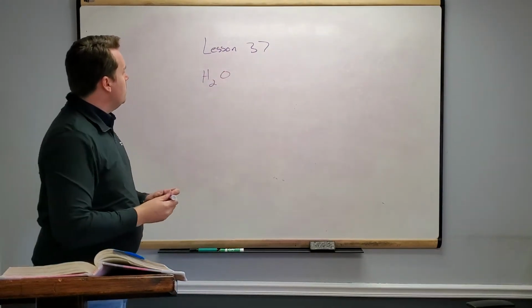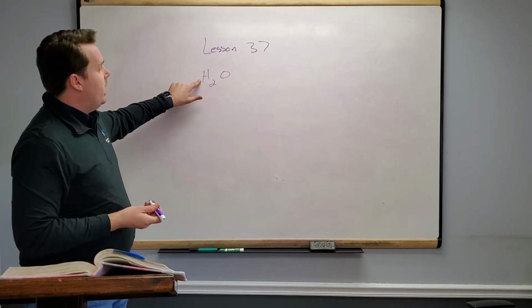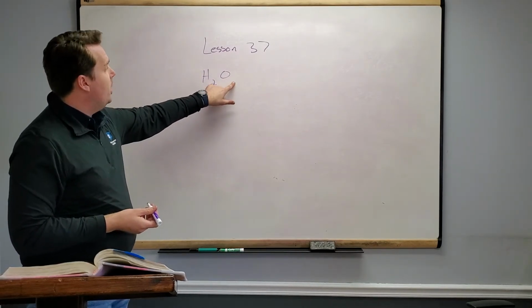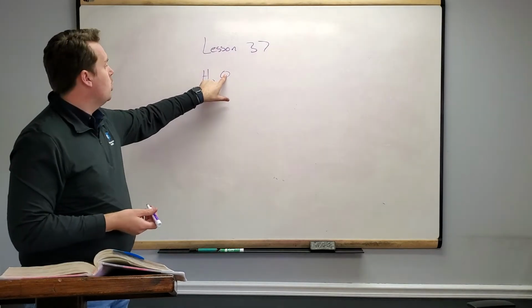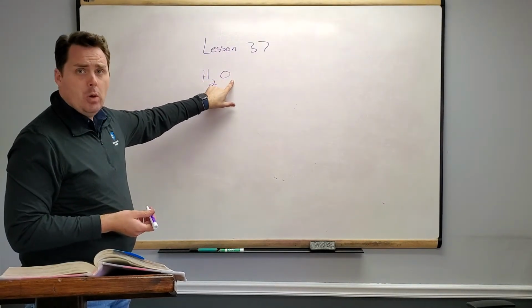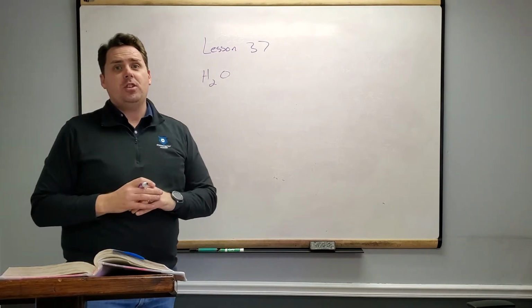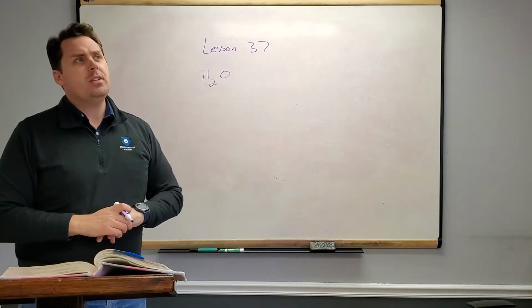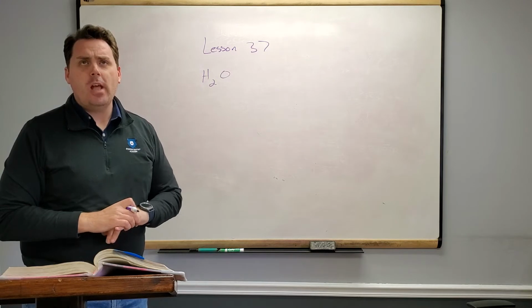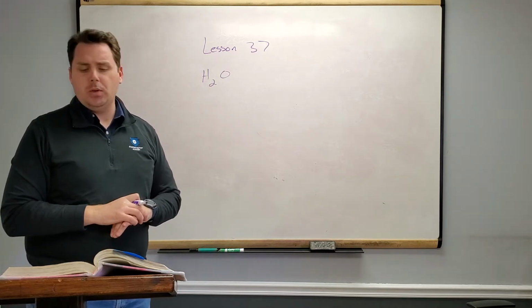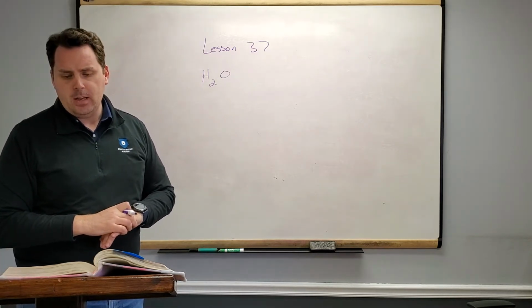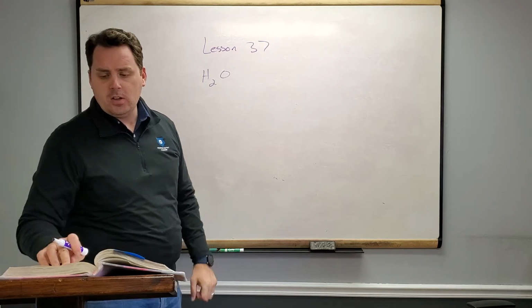H2O. Meaning there are two atoms of hydrogen and there is one atom of oxygen. There's nothing written there. It's always assumed that there is a 1. That's the first bit of information. The next bit of information is that atoms of each element weigh different amounts. So we need that. And in 37.1, we find that oxygen